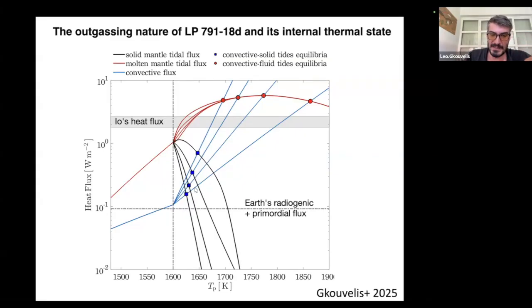drops in the planet as a heating source, and then we can assume convection in the interior of the planet as the cooling source. So then we do some modeling here. For example, here in the x-axis you see the temperature of the interior of the planet, and here you see heat flux. And here the blue is the cooling, and this curve, red or dark, is the heating from the tidal flux, right?